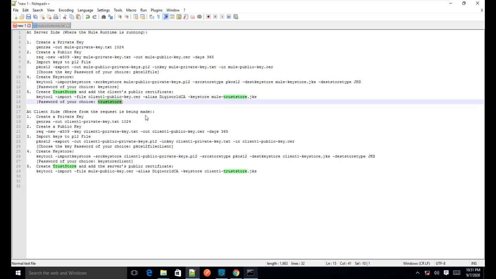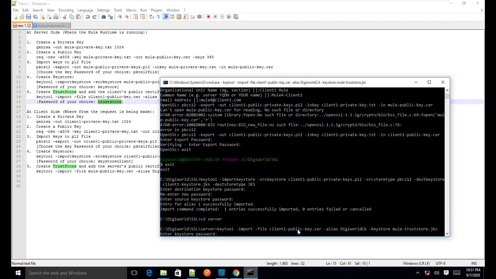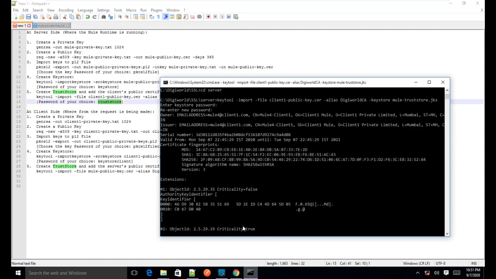I'll give the password as trust store, again the same password.